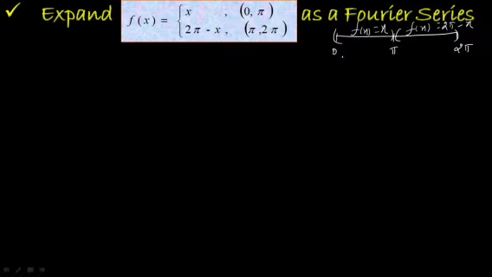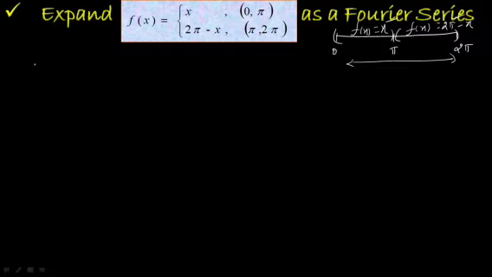Okay, so instead of the function taking a single value, that is instead of taking f of x as only one function value in the whole interval 0 to 2 pi, it is a split interval. It will take some value of function, that is x, in one interval and some other value, that is 2 pi minus x, in the other interval. Here we do the same procedure as in the previous problems, but instead of having one interval we are having two, for calculating a0, an and bn. That's the only difference.